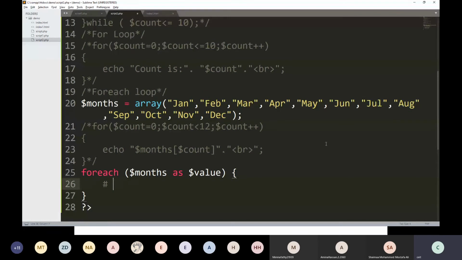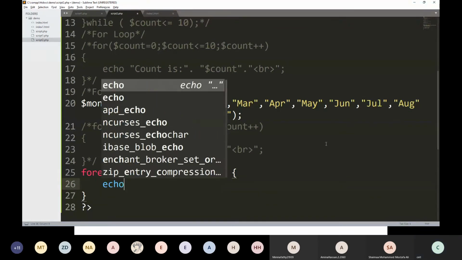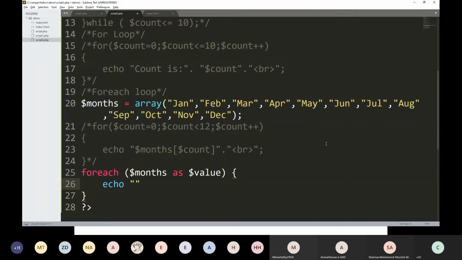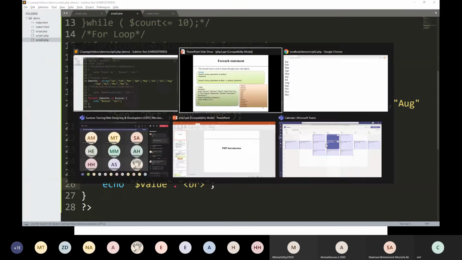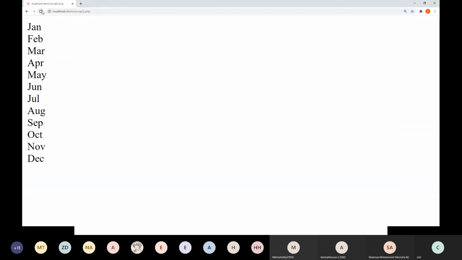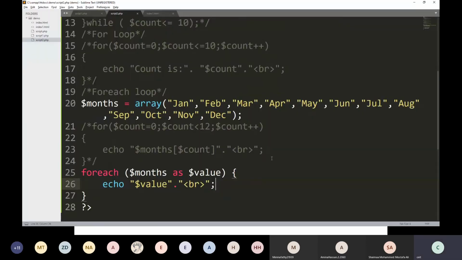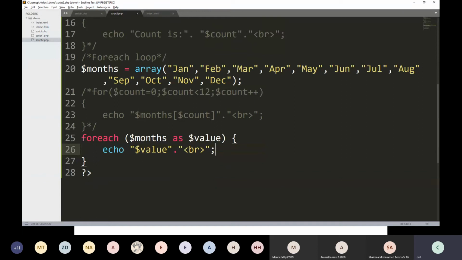The value. The same output you will get. But this is the easiest way as compared to this.